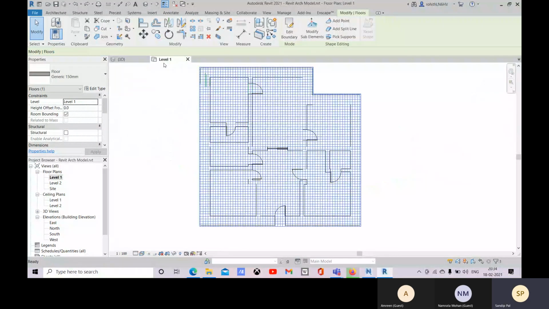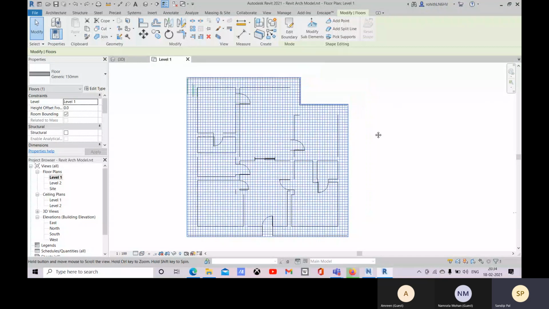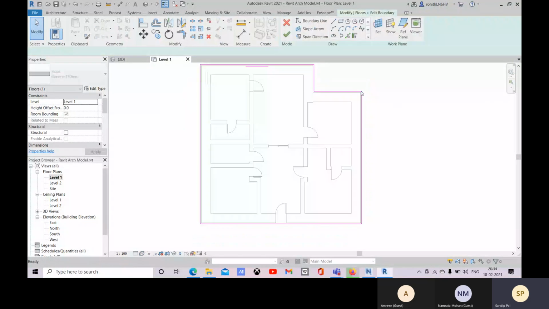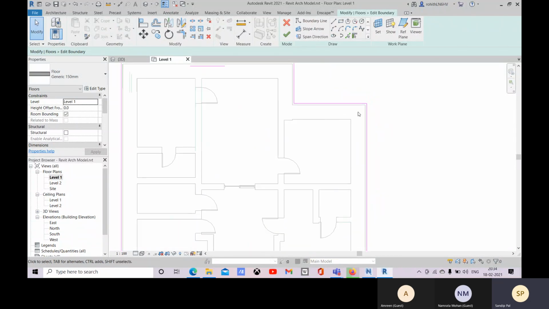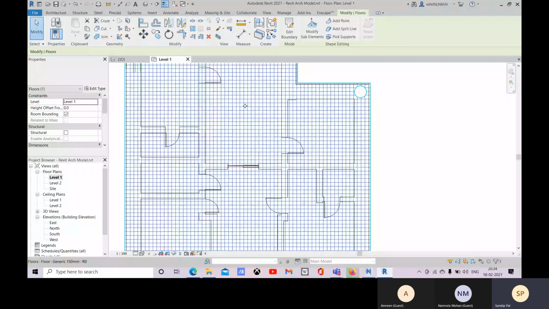Go to level 1 and select this floor, go to edit boundary, and in this edit boundary option you can also change the boundary. Suppose if you need any hole within this, you can create a hole over there. Okay, let me show you this first.